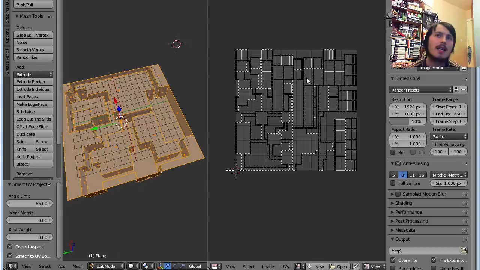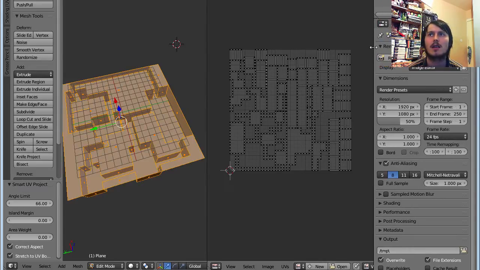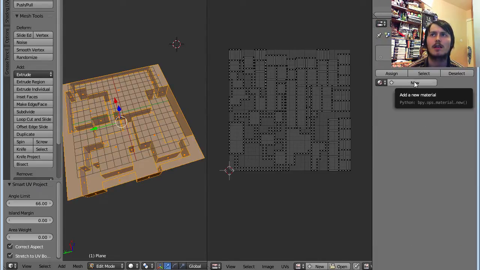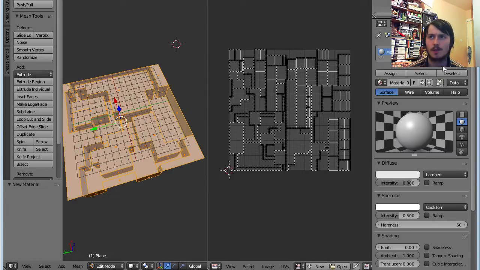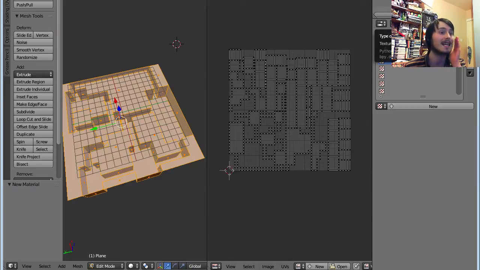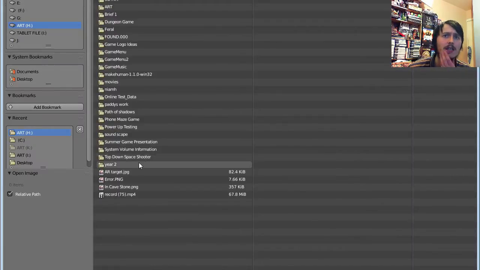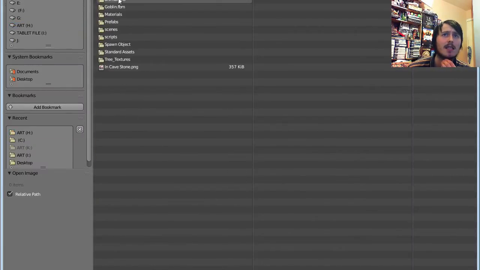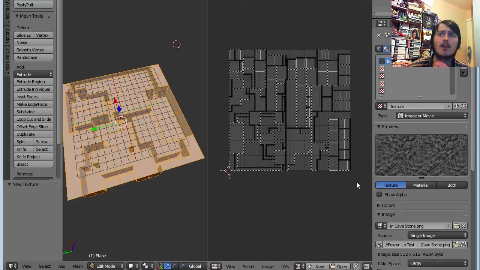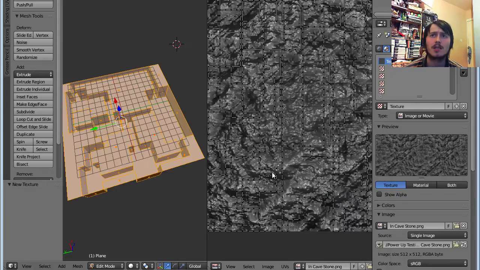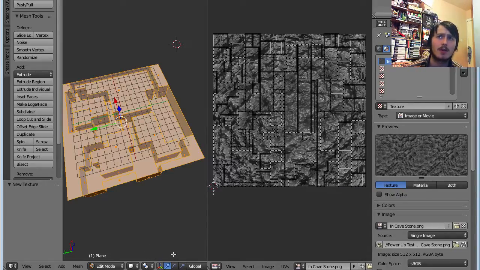Let me think. Okay, so this new material's name is going to be stone. Hopefully I do this right. I haven't done this in a year, so if there are a few mistakes, I am sorry. Open up new texture. The texture is going to be in Power Up Testing, Assets, Stone. And now if I go in here, Stone Texture. And then I go